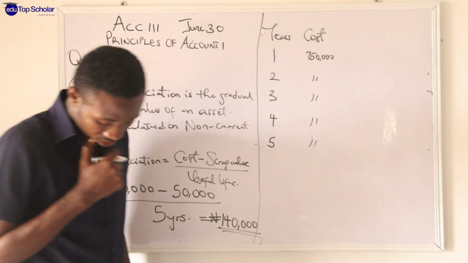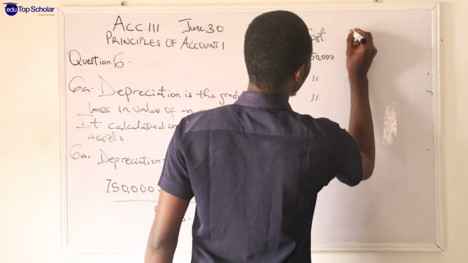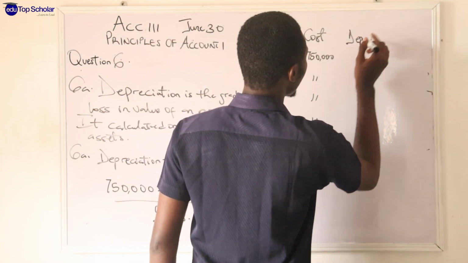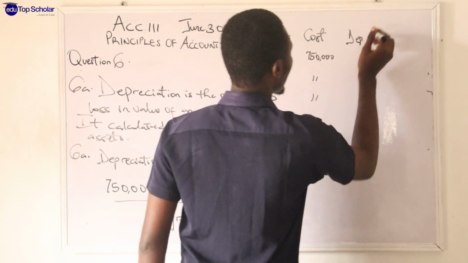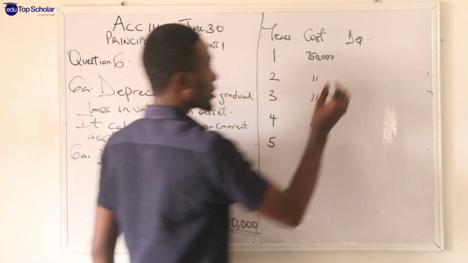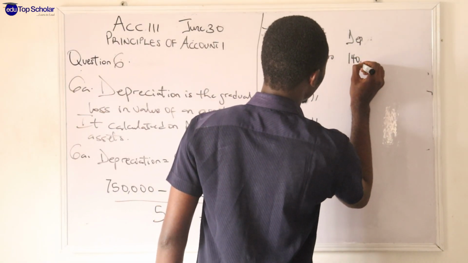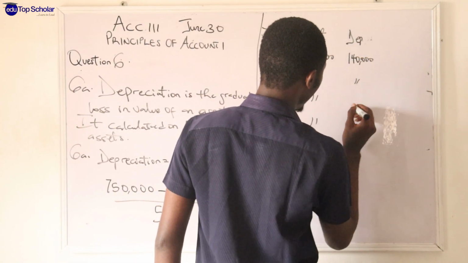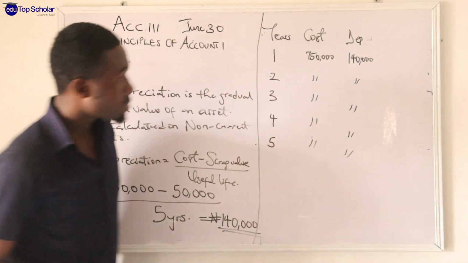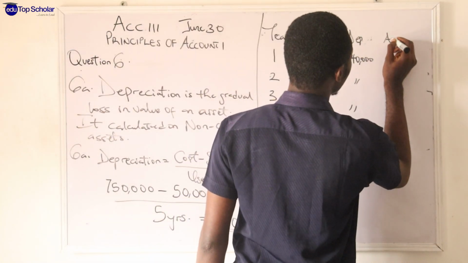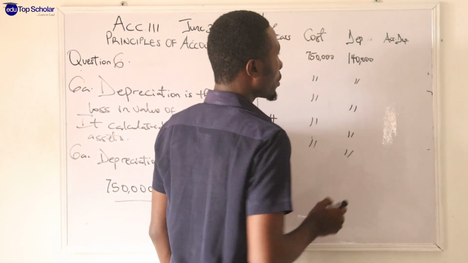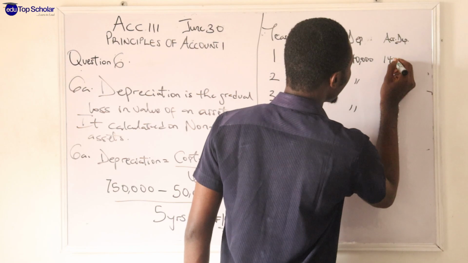And then you have the yearly depreciation. Of course, you've calculated the yearly depreciation. So you've calculated the yearly depreciation as 140,000. You repeat it. That's your yearly depreciation. So accumulated depreciation is the next thing. Accumulated depreciation. So if this is 140, all you just need to do is